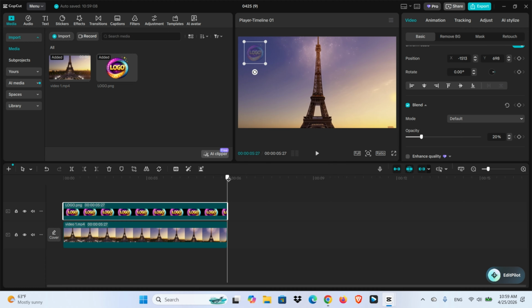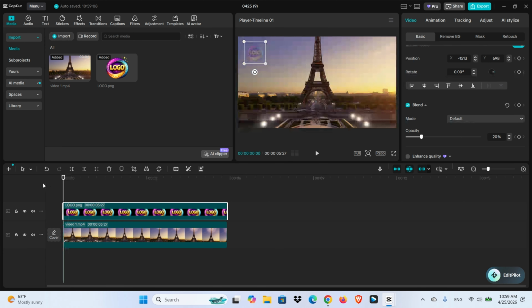Then make sure to move the cursor to the beginning of the video clip and go to the position. You can see the X and Y. That's the position of the logo. On the right, click Add keyframe. Then move the cursor to the middle of the video clip